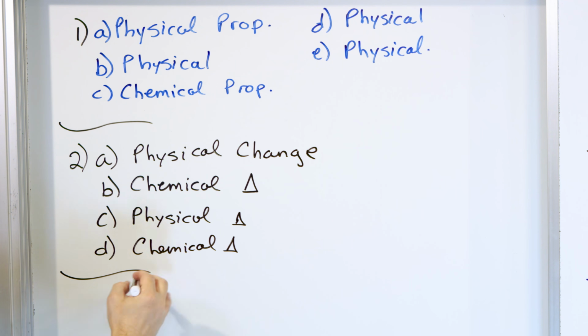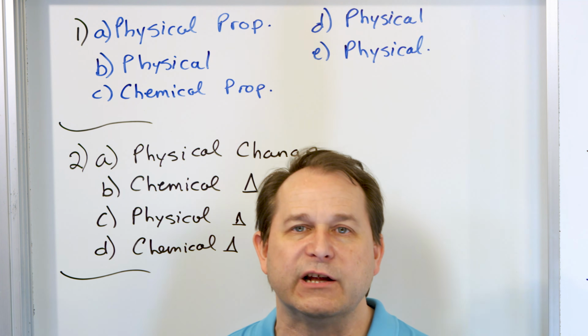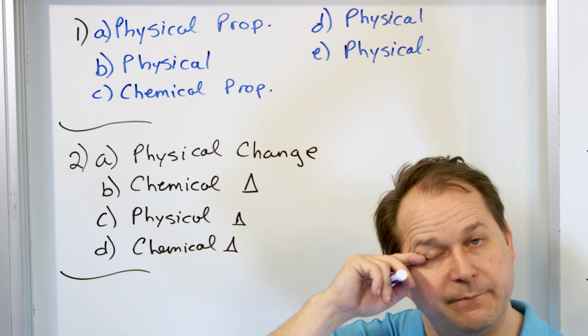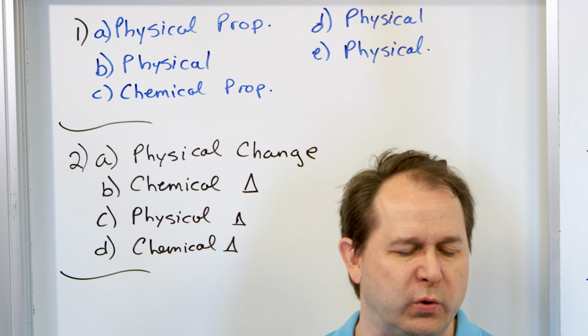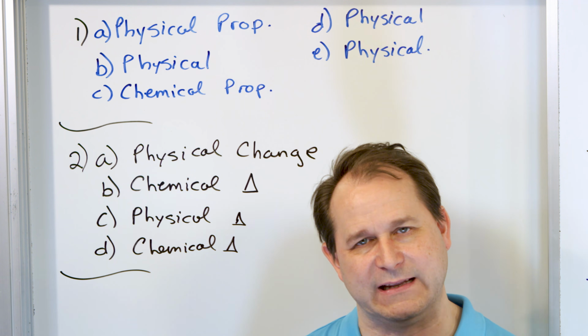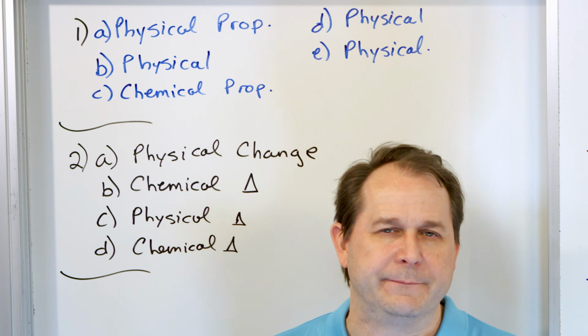All right, that is problem number 2. All right, let's take a look at problem number 3. It says, in order to separate the components of sugar and water solution, would it be best to use filtration or distillation? We kind of answered this in the lecture, but in general, when you have a solution, what's happened